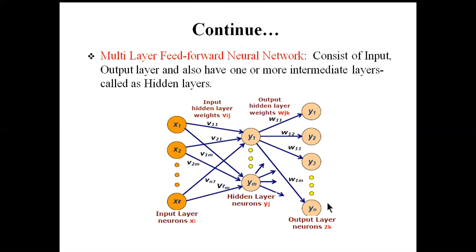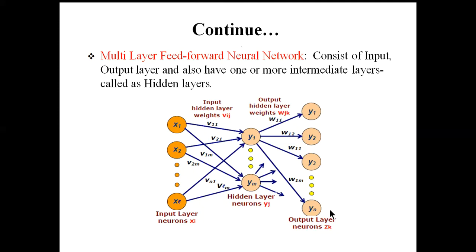this type of structure is called, like, here you can see that the number of input neurons is L, the number of hidden neurons is M, and the number of output neurons is N. So we call it the LMN structure, a multi-layer feed forward neural network structure, where we have one hidden layer that consists of M hidden neurons, the input layer consists of L neurons, and the output layer consists of N output neurons. Okay, and each node or each neuron is interconnected with the others.